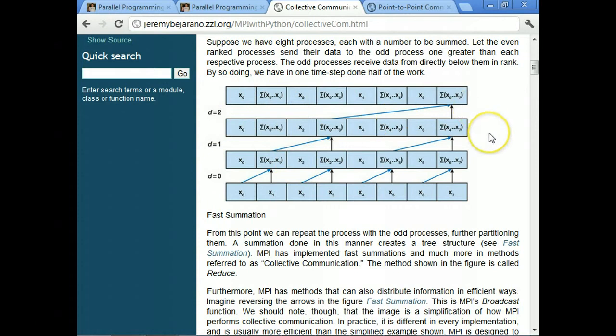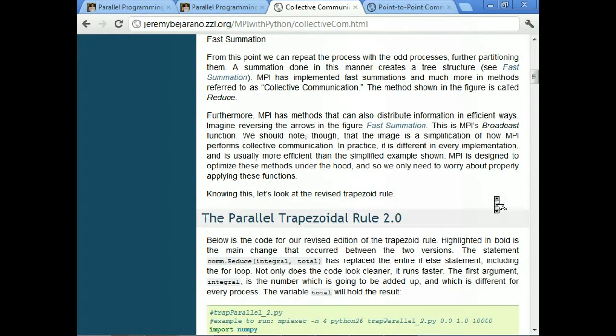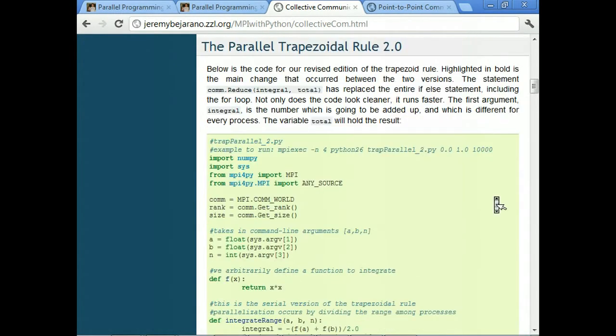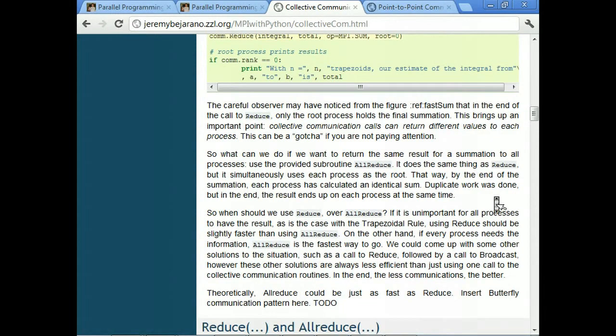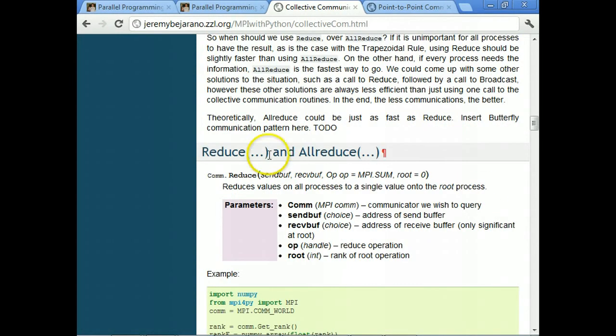And the AllReduce is almost going to be the same speed as the reduce, because these unused processes can fit into each other. They're about the same speed in theory. In practice, the AllReduce is a little slower. You would use the AllReduce only when it's important that every process has the reduced value.